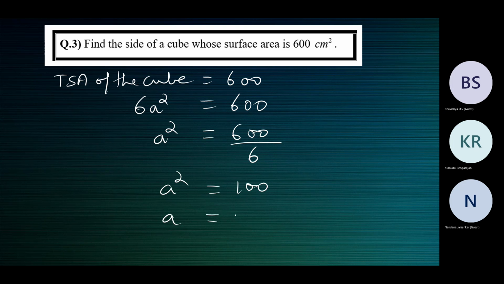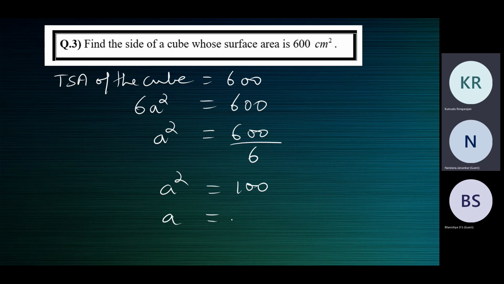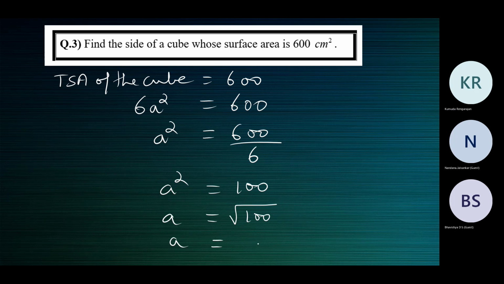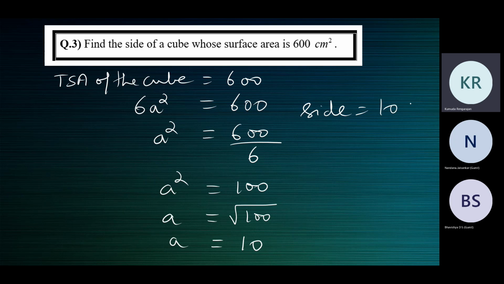No. Square root of 100. Who's that? Nandana, is it? Very good. If a square is 100, a is equal to the square root of 100. What is the square root of 100? 10. So the side of the cube is equal to 10 centimeters because it's given in centimeter